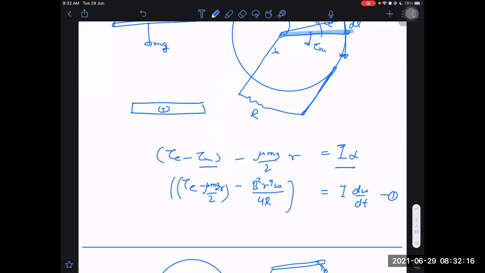I'm not saying that this equation is superior, but I'm just telling you that this way we can write the equation, and that is a valid equation. There is nothing wrong. You know what some students feel? They feel magnetic force doesn't do any work, so if it doesn't do any work, then I should not take any magnetic torque. There is no harm in taking magnetic torque. We can take that, and magnetic torque can do work in one direction. But the net work done by magnetic force will be 0.